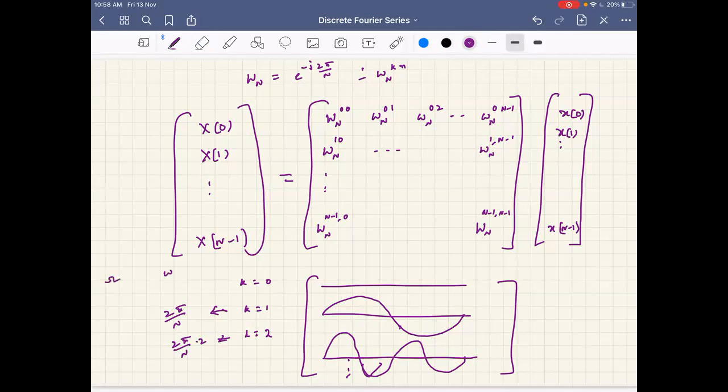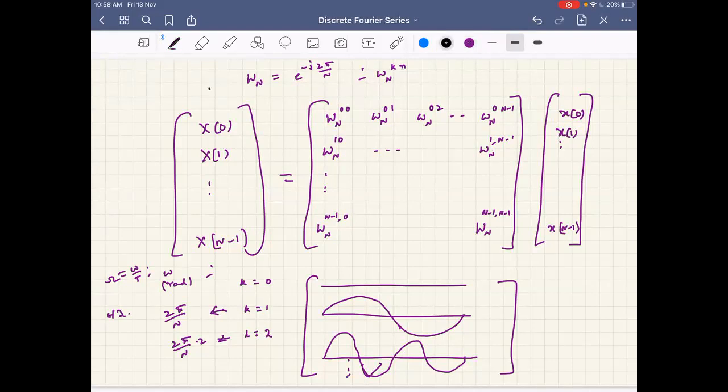If you want to get into omega, then I should get omega by T, so I should know the sampling period also. This is k, this is omega, and if I want to get into hertz, I have to convert this. This is in radians. Now, if you see, this has a nice matrix form.